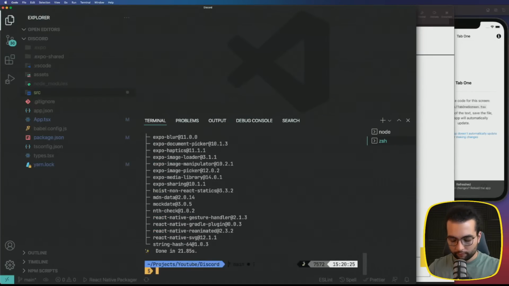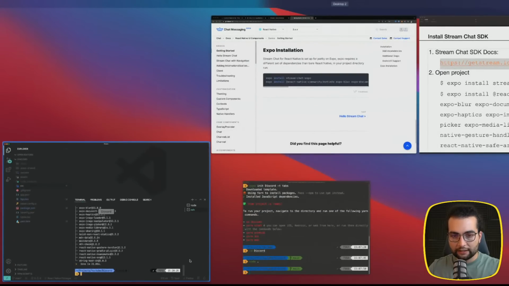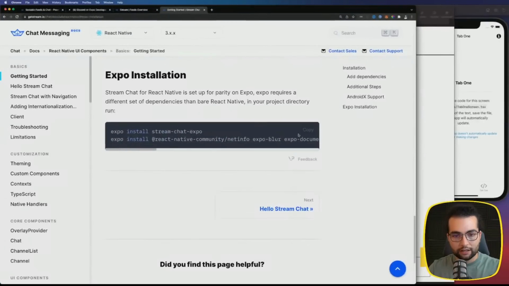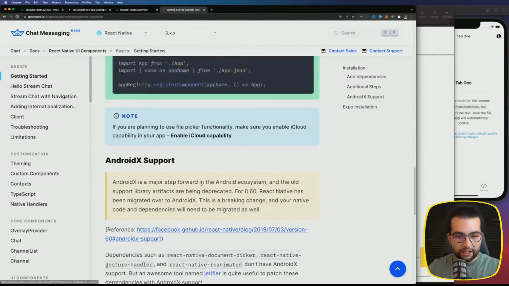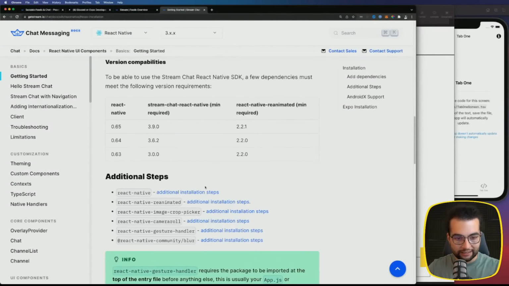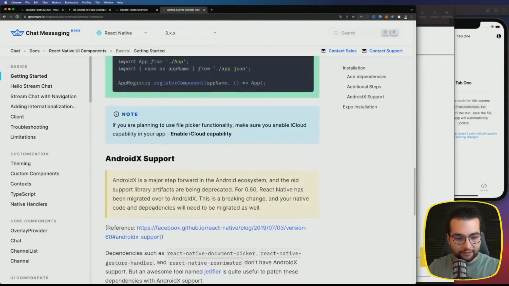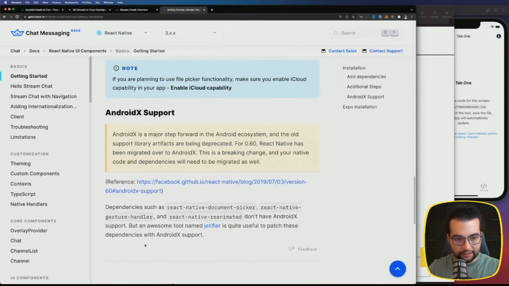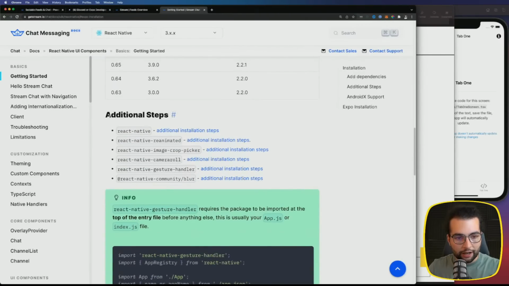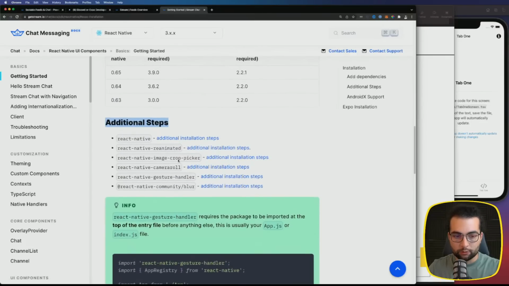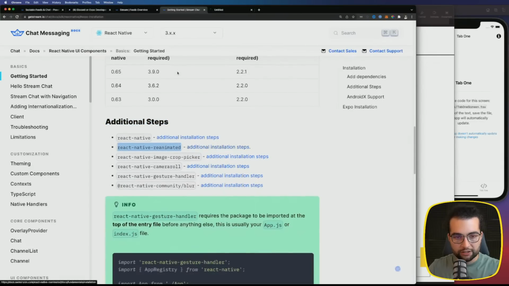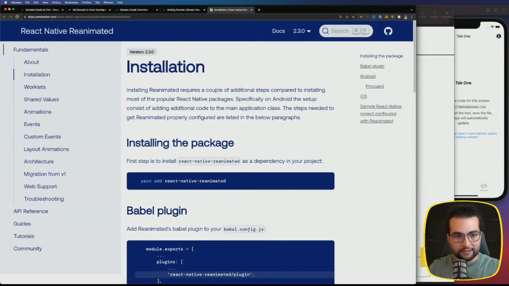And after that is done, we are mostly done. The thing is that we need to take a couple more additional steps. Under Expo documentation, they are not listed, but if you scroll a bit up, here are the additional steps that we need to take for the dependencies that we installed. So for example, if I go to the React Native Reanimated, if I press on this one, let's see, installation,